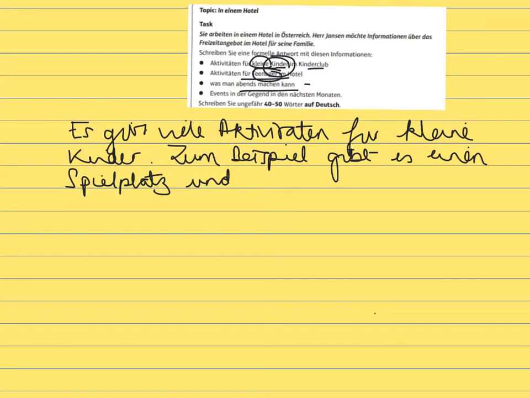What else? Okay, so it's a hotel, and perhaps there is a large garden, und einen großen Garten. And that's more than enough for the first bullet point, bearing in mind we're only writing a maximum of about